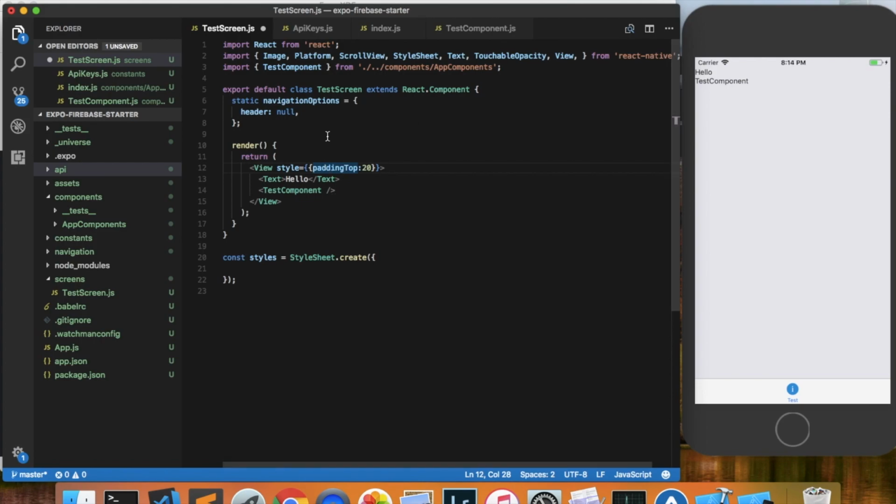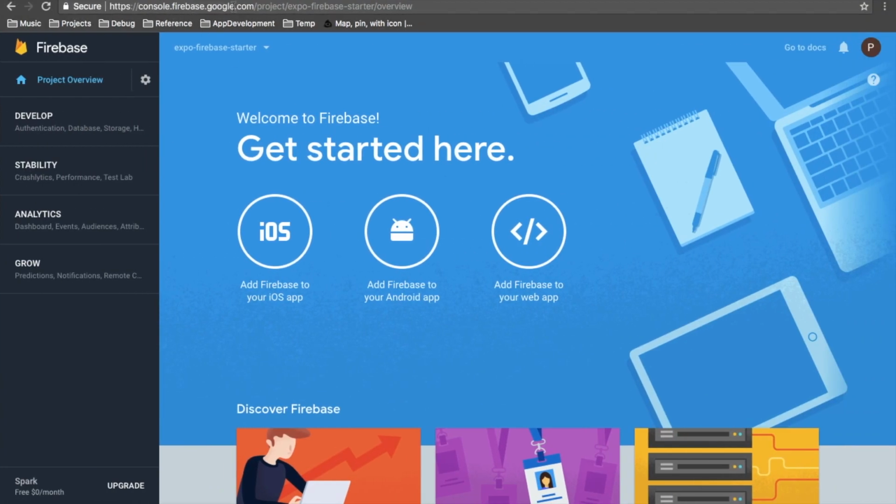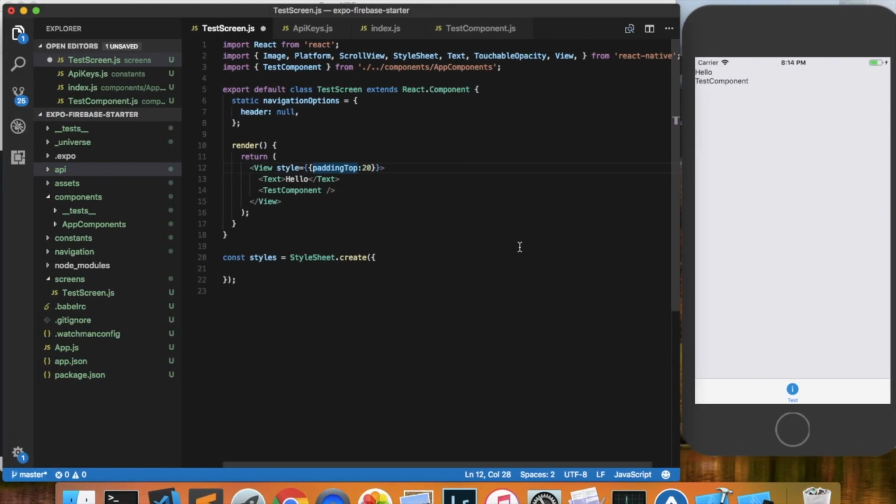Okay, as I said, this is a Firebase project. We've already installed Firebase. Now we need to go into Firebase and create a project and get our configuration info. So you can do that by going to firebase.google.com, creating a new project. I won't go through all of that, but then what you need to do is click Add Firebase to your web app. And when you click that, it will give you a little bit of code with configuration info for Firebase. What we're going to do is copy that code and put it into our